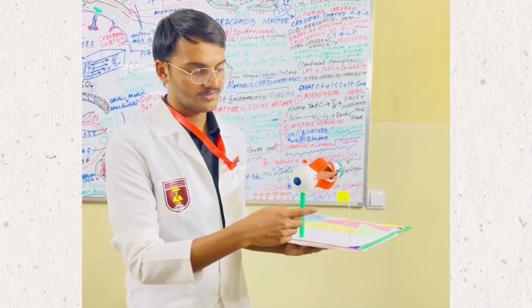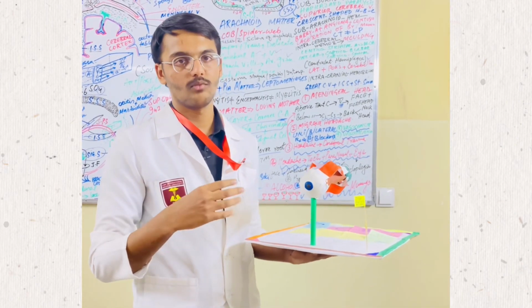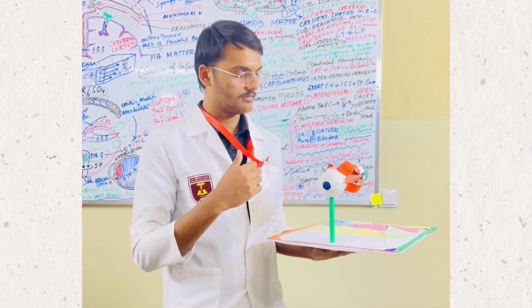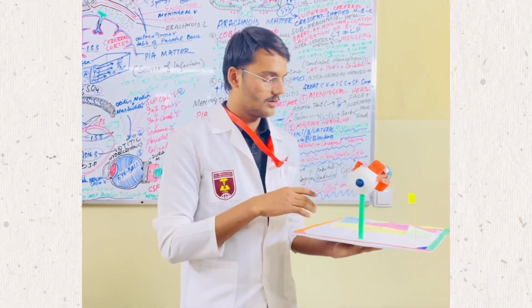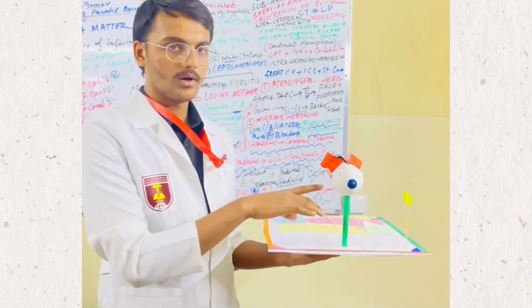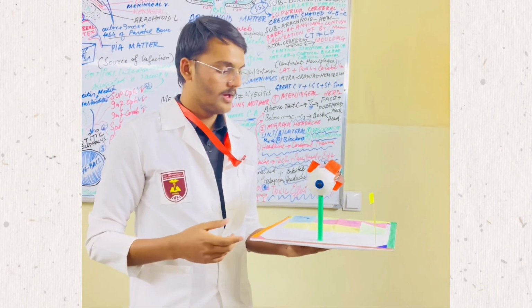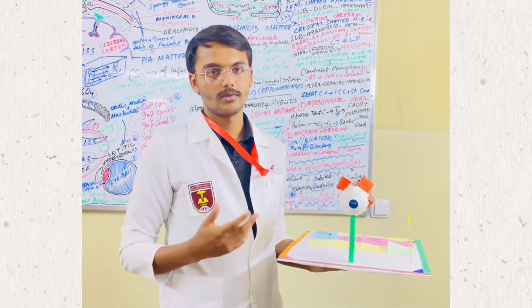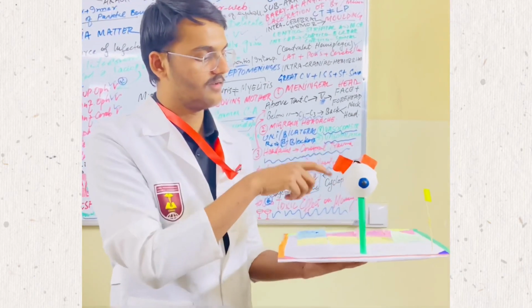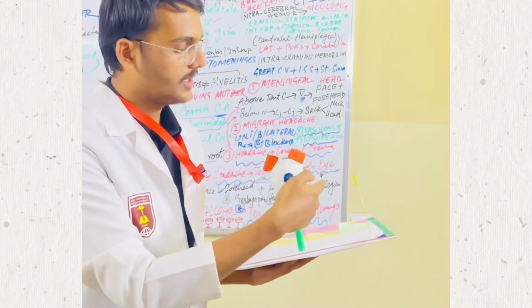Today I am going to explain the eyeball, its muscles and the movement of the eyeball muscles. Here we can show the eyeball, and if we talk about the weight of the eyeball, it is about 28 gram. And there are about 6 extraocular muscles of the eyeball. There are superior rectus muscle, inferior rectus muscle, medial rectus muscle and lateral rectus muscle.